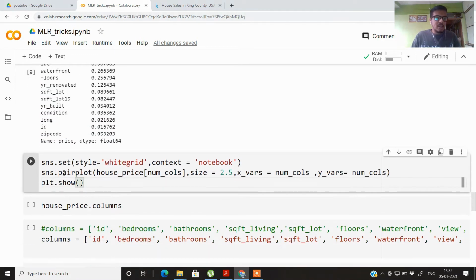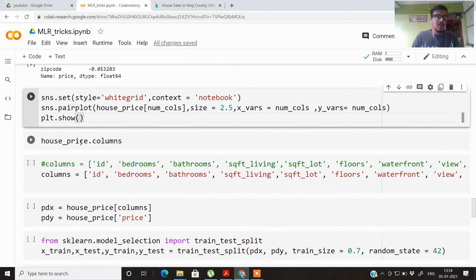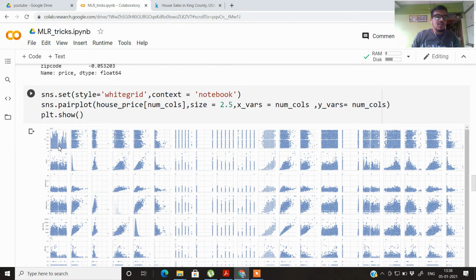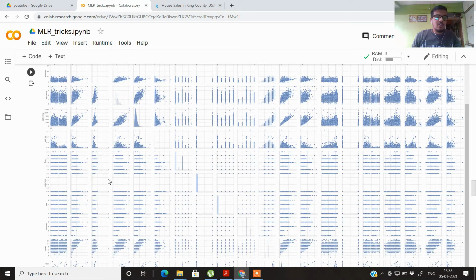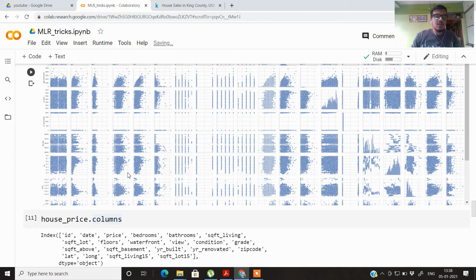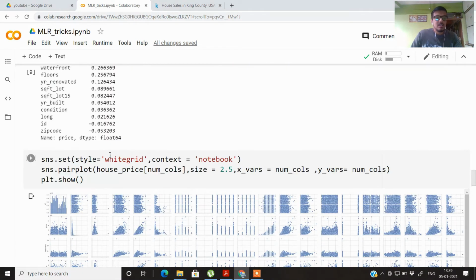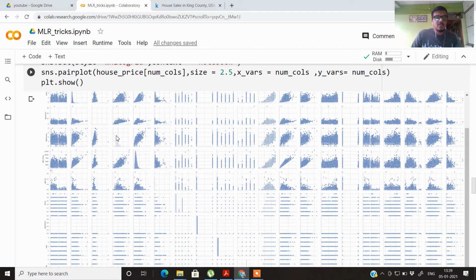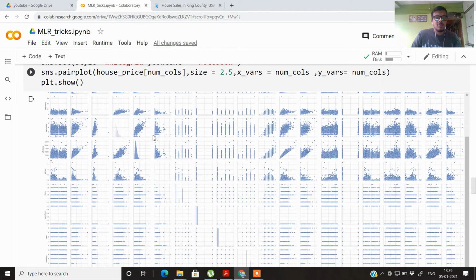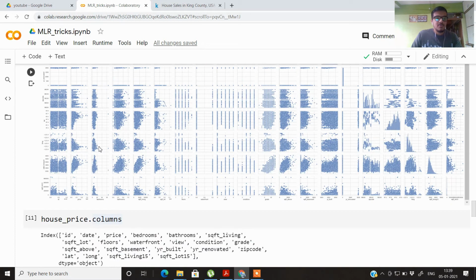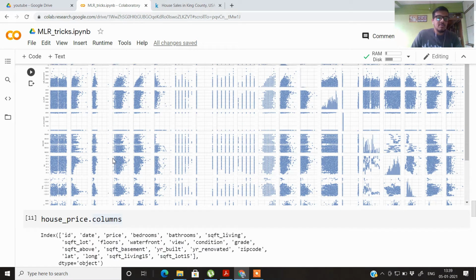So let's run this seaborn plot if you want some additional exploratory data analysis. This is the visualization of the correlation that we have for all the predictors. It's actually very difficult to see this, so it is better that you go for individual visualization. If you want some graphical EDA to be done on this data set, better go one-on-one and not go for this kind of plot, because it will be very difficult to tell whether the variables are actually correlated with the price or not.